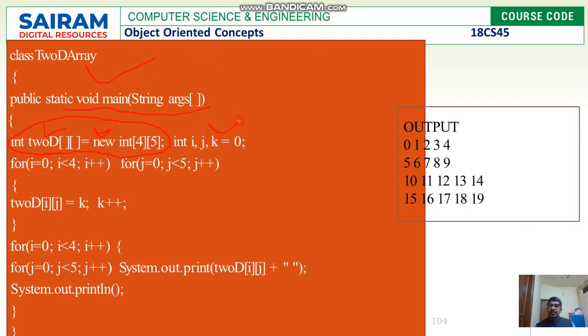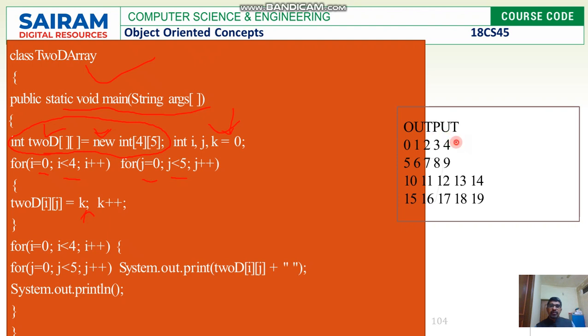We have taken 3 variables i, j, k, with i starting from 0 and less than 4, and j starting from 0 and less than 5, j++. That means we are going to have a two-dimensional array with 4 rows and 5 columns, and every time we initialize a particular location with the k value, where k starts from 0 and is incremented.